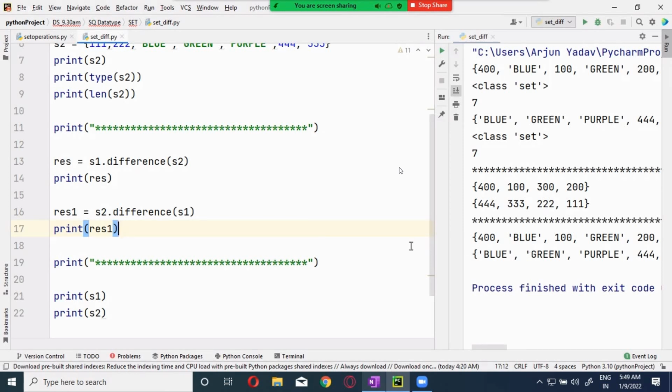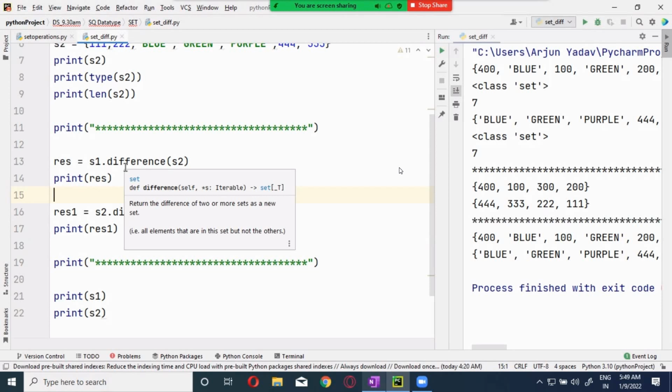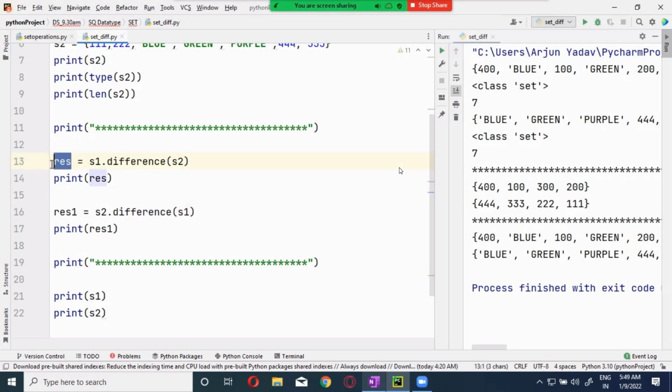Okay, clear? Now there is something called update. Observe what this is doing. It will take a copy of the primary set and a copy of the secondary set and compare both of them, and whichever unique values are present in the primary set will be given out. That is what we are catching in rest, and then we are printing the rest result.